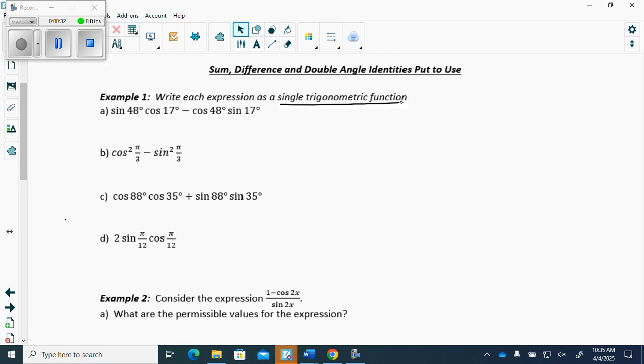How I often spot these is like, here's a 48 degrees, here's a 48 degrees, here's a 17, here's a 17. So technically, I could say, okay, this follows the formula of sine A, cos B, cos A, sine B, because 48 would be A. Do you see that? What formula has